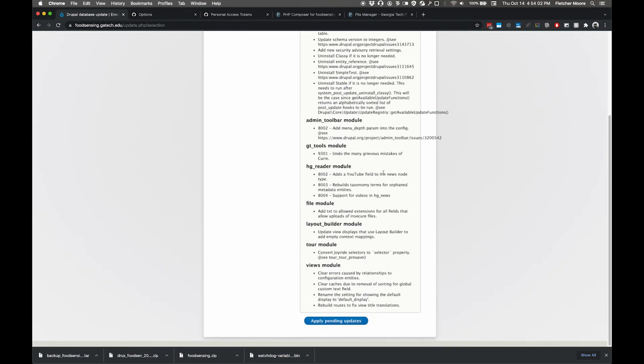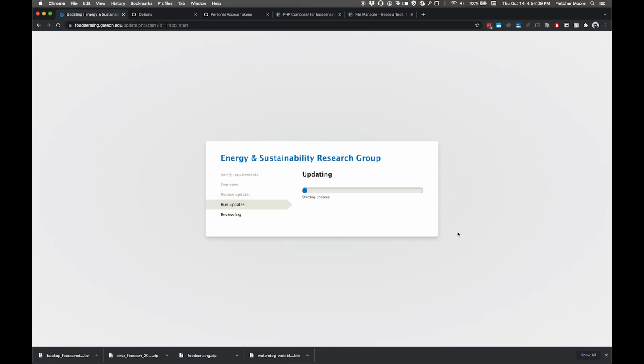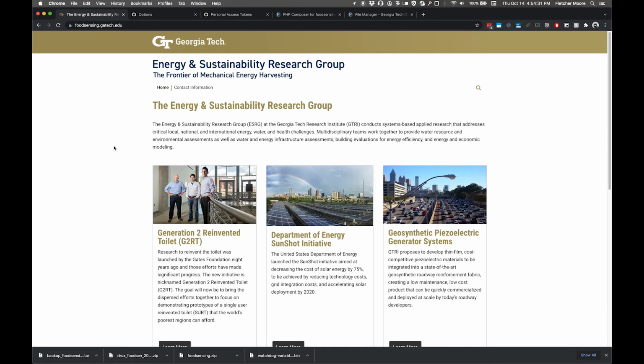These are all the updates that it needs to run in order to run Drupal 9 properly. Just click Apply Pending Updates, and this will take probably a minute or less. You should be good to go now. As you can see, this page loads just fine. So this site is back in business, and